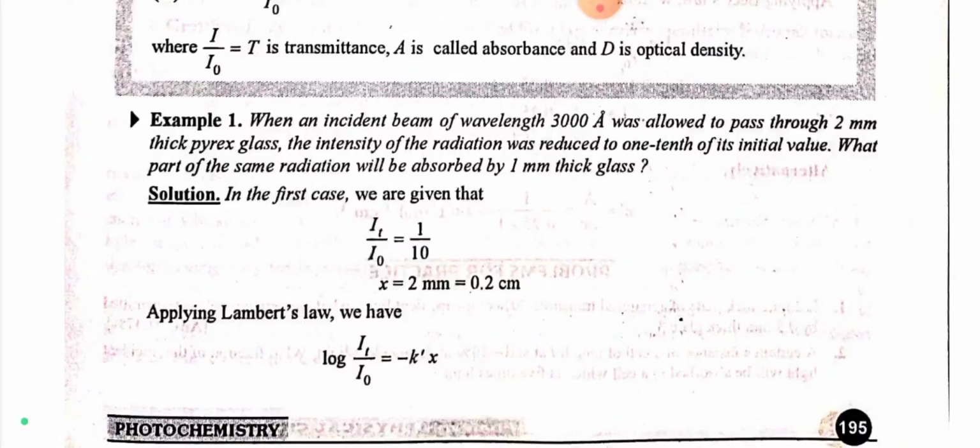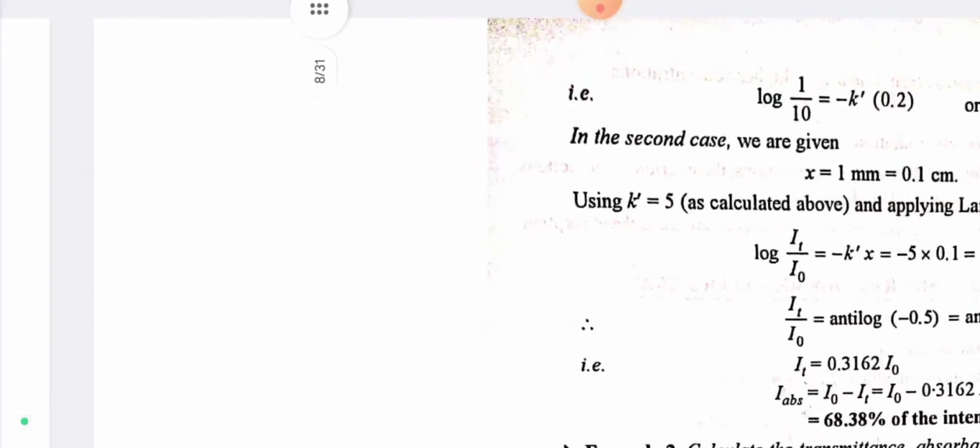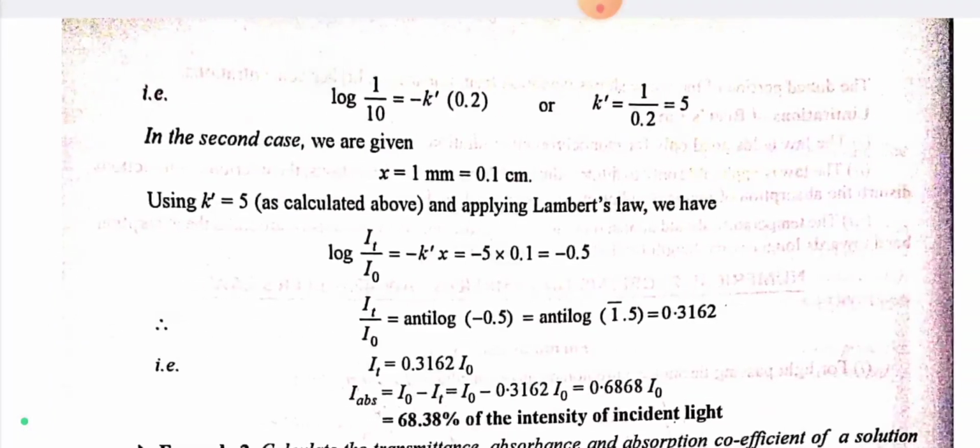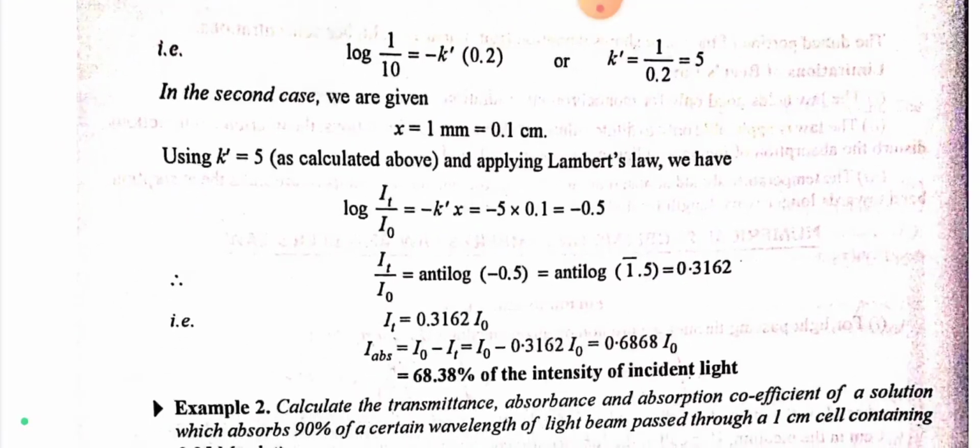Applying Lambert's law, we have log It/I0 = -k'x. Log 1/10 = -k' into 0.2, or k' = 1/0.2, that is 5. In the second case, we are given x = 1 millimeter = 0.1 centimeter. Using k' = 5 as calculated above and applying Lambert's law, we have log It/I0 = -k'x = -5 into 0.1 = -0.5. It/I0 = antilog of -0.5 = antilog of 1.5 bar